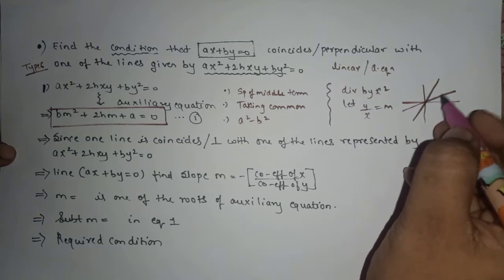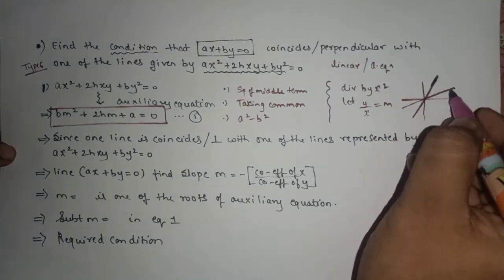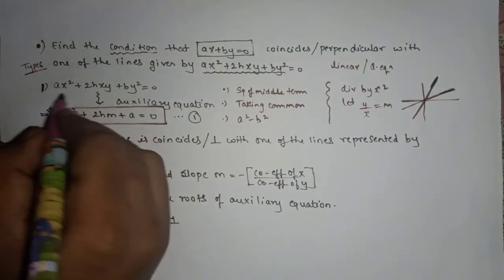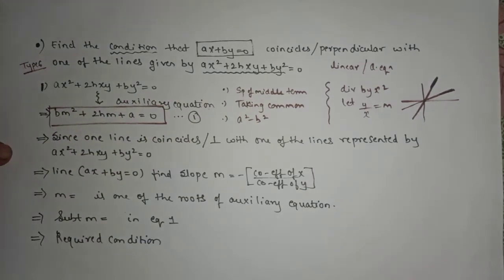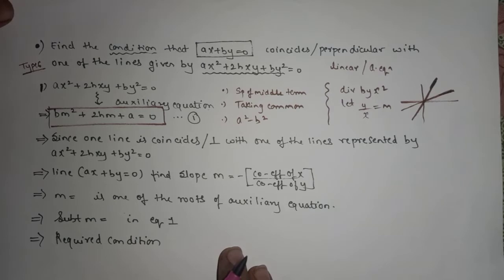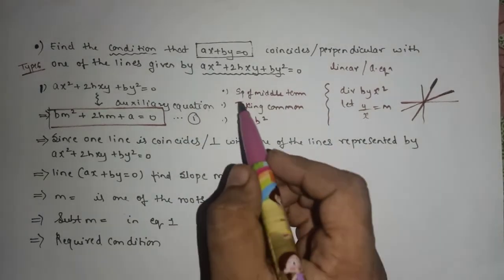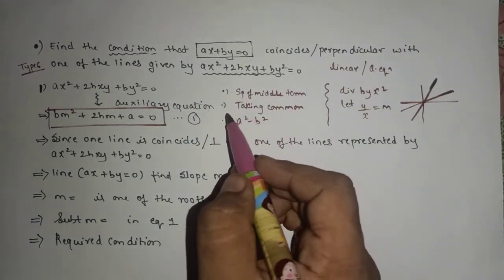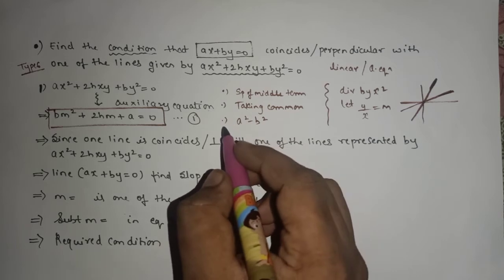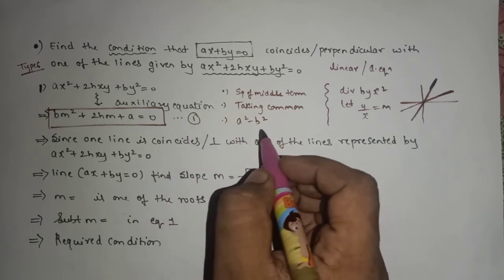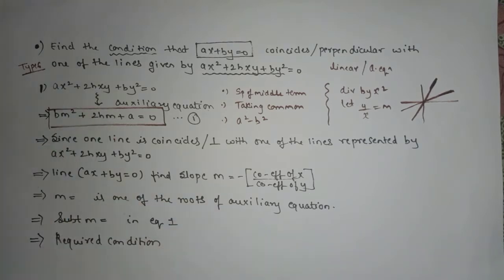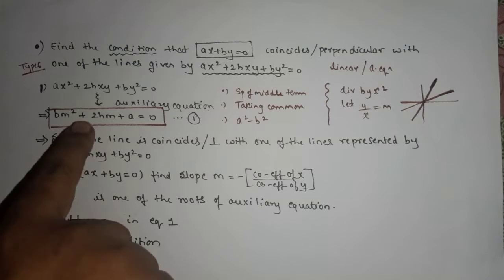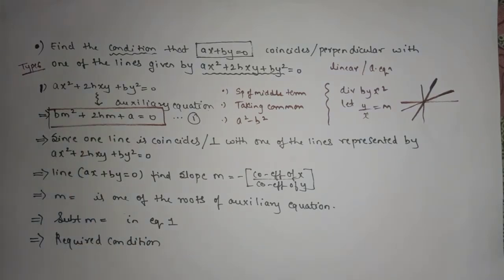So when you combine these two equations, you will get this answer: ax square plus 2hxy plus by square equals to 0. Yes or no? So when splitting of middle term we cannot do, we cannot take common also, and we cannot apply the formula a square minus b square, then we have to convert the given quadratic equation into auxiliary form. After that,